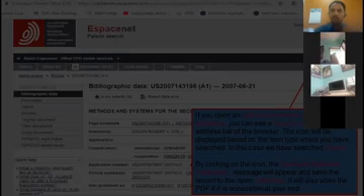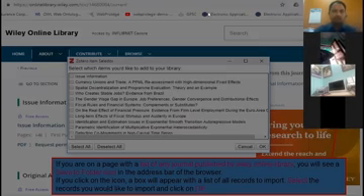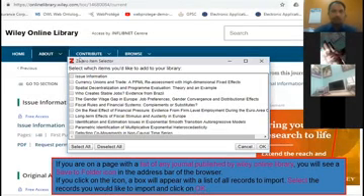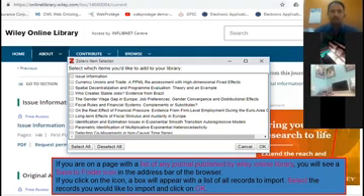Now, let us say you are referring to this journal. This journal is the Journal of Financial Economics. It's published by the online Wiley database, and you are going to a particular issue, and all the articles published in that issue are relevant to you.